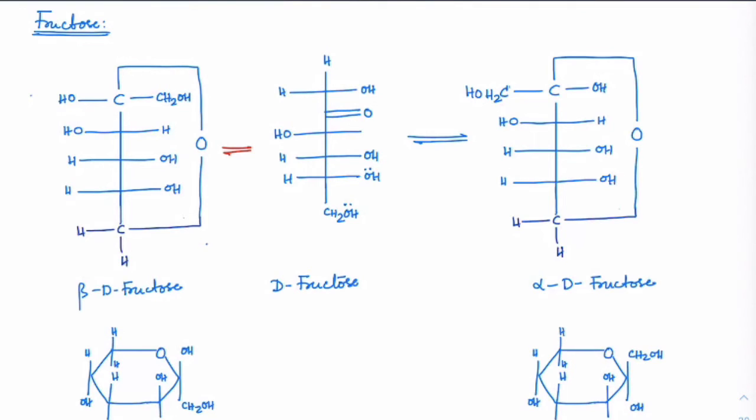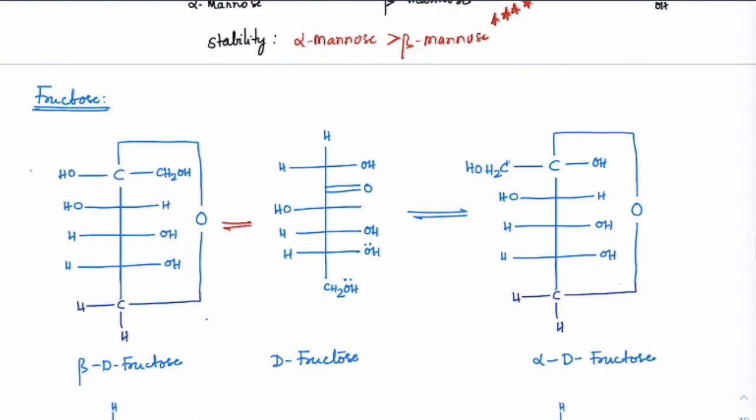Fructose, what is happening? Suppose this is D-fructose. Observe carefully now, we will do the same thing. In D-fructose, this lone pair can approach here. If I take the aqueous solution of fructose, this lone pair can approach here and make an acetal formation. At the same time, this lone pair can also approach and make it. If this lone pair makes it, you will get a 6-membered ring. If this lone pair makes it, you will get a 5-membered ring. Okay, see what has been observed.